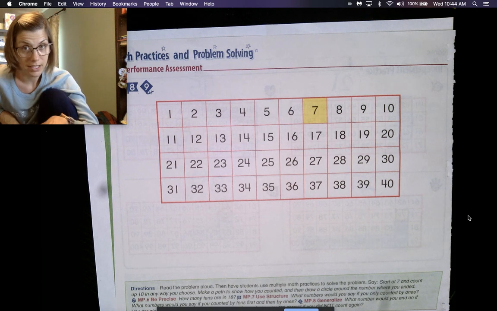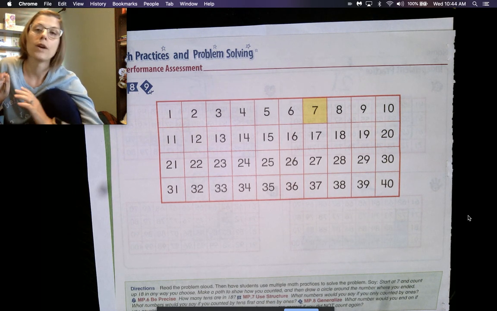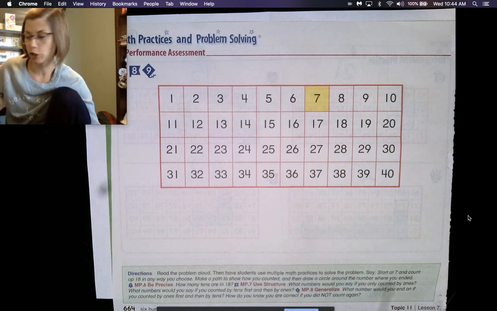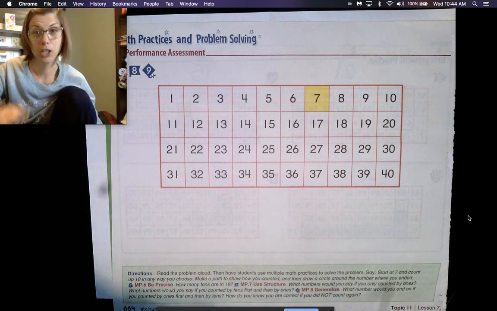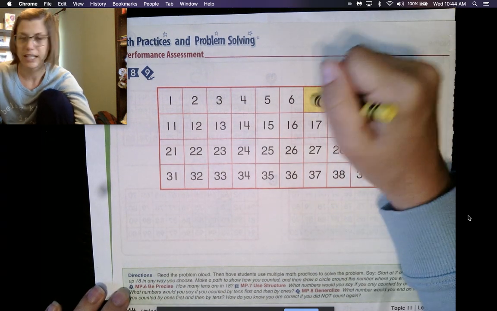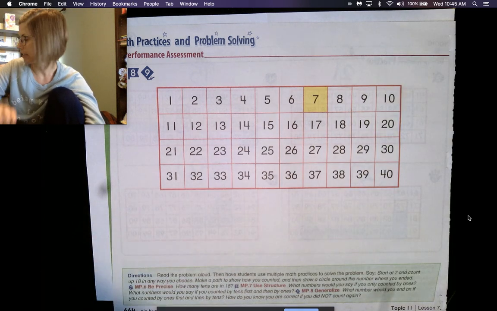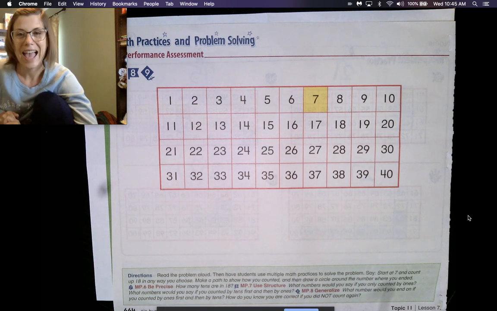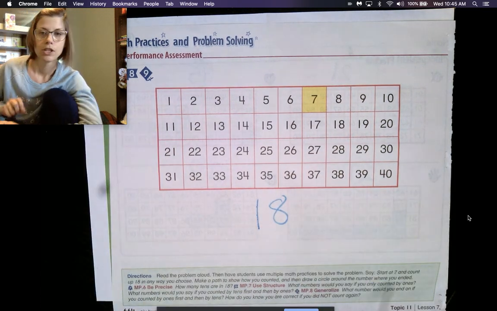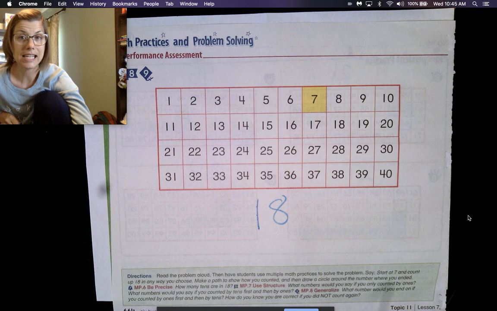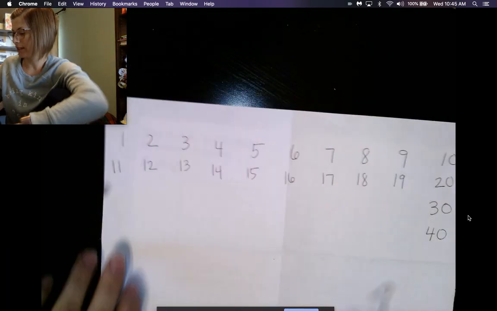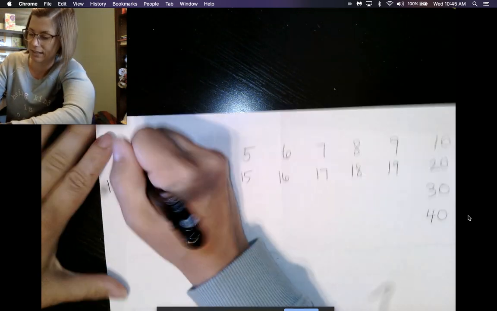You're going to need to pause and do that. When you're finished, come back to me. Make all your numbers to 40. Are you ready? Starting on number 7, you can color it yellow or you can circle it. That's fine. You're going to add 18. You need to count 18. Now, if you got your numbers in nice straight lines, it's going to be much easier because